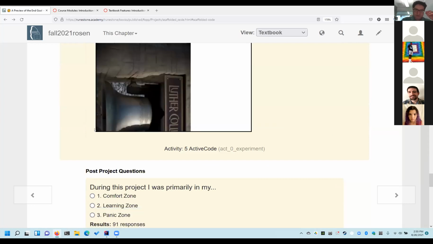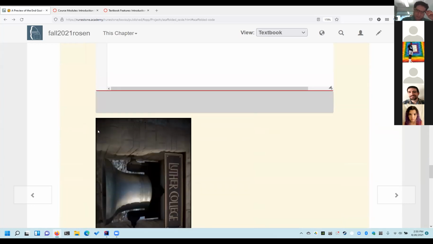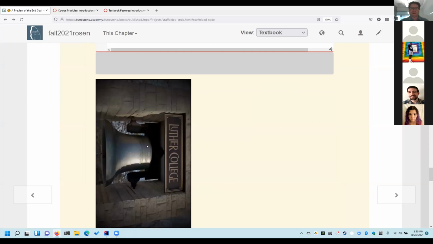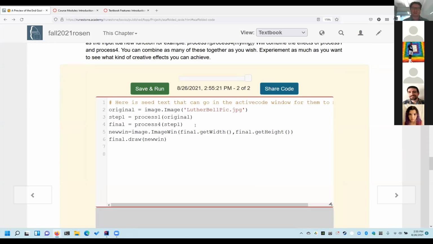So here, save and run. And you'll see what just happened is that we took process 1 on the original picture, and that gave us this output. Then we took that output and then applied process 4, which was the rotation on it, to get a final output. And then let me do, and so I can add another one onto this, like really